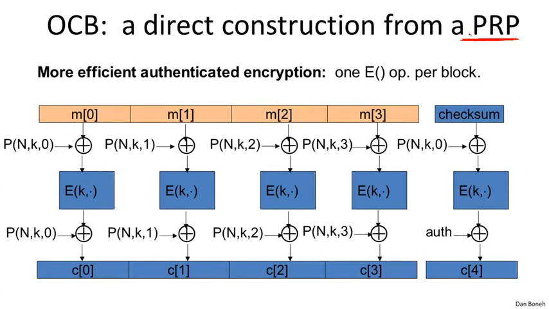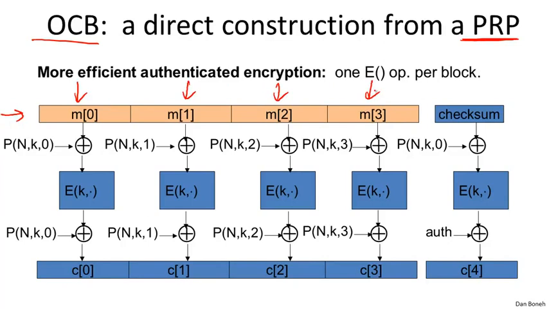It turns out the answer is yes, and there's this beautiful construction called OCB that pretty much does everything you want and is much faster than constructions that are separately built from an encryption and a MAC. So I wrote down a schematic of OCB. I don't want to explain it in detail, just at a high level. Here we have our input plaintext at the top. And you notice that first of all, OCB is completely parallelizable, so every block can be encrypted separately of every other block.